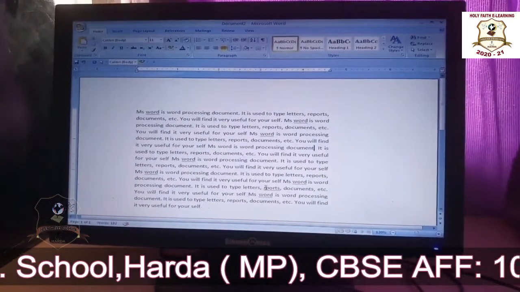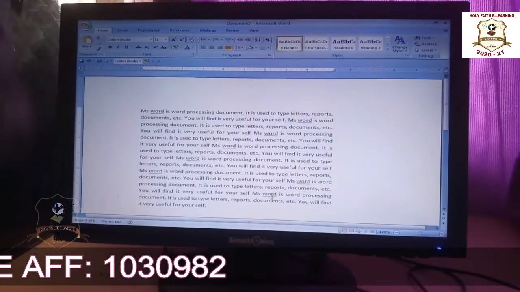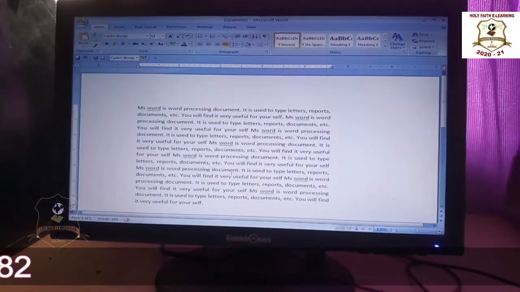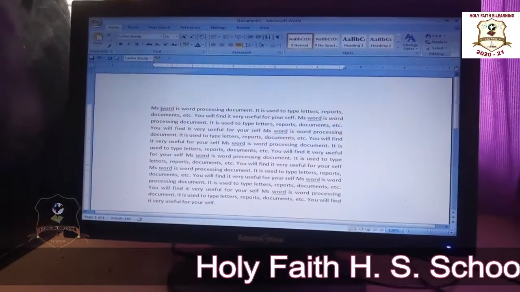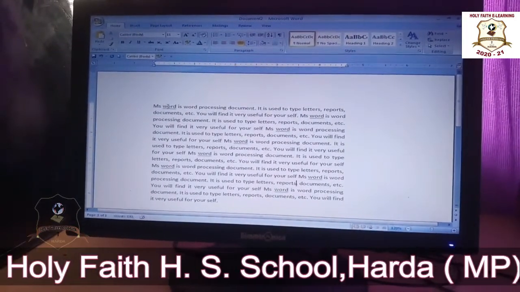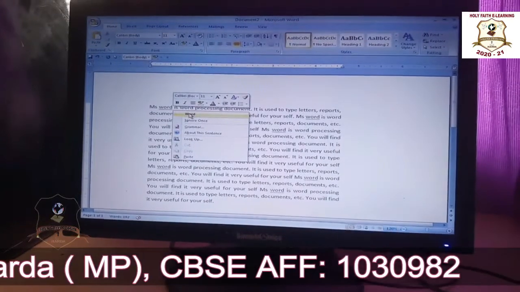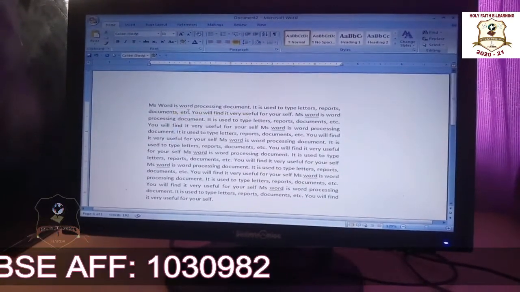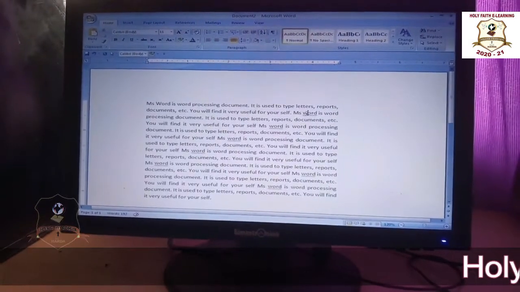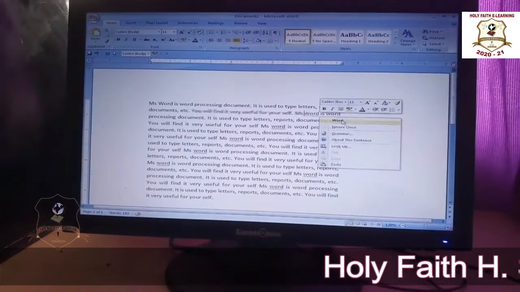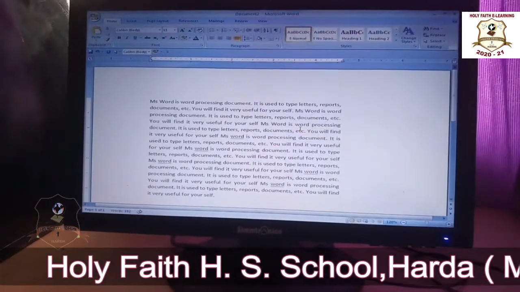Now same here also, again right click and then this. Your spelling gets corrected. Now for the green line. Here the green line is for a grammatical error. Again you have to right click on the mouse and here one word will come, you have to click on it, and your green line will disappear. For all you have to do the same. In this way your grammatical error will disappear.